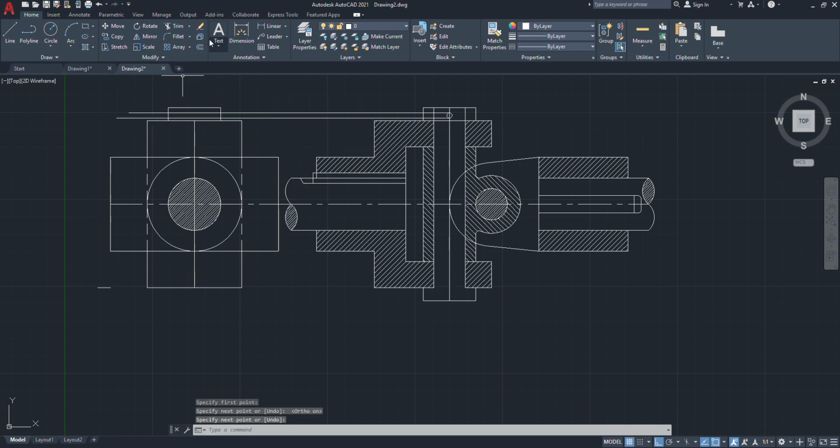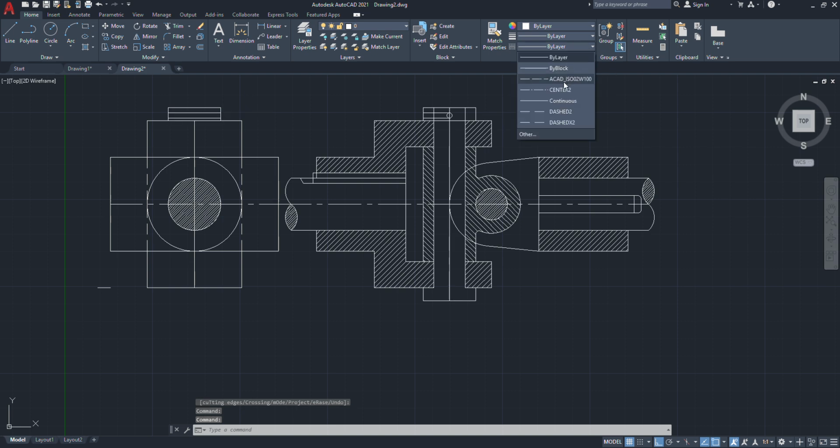Then we will just trim this one, trim this one, this one, this one, this one, and this one. Trim this one. Now we'll just make these two lines dotted line. Okay, so